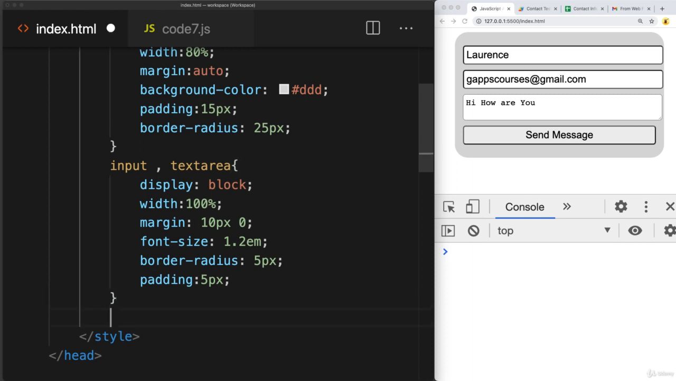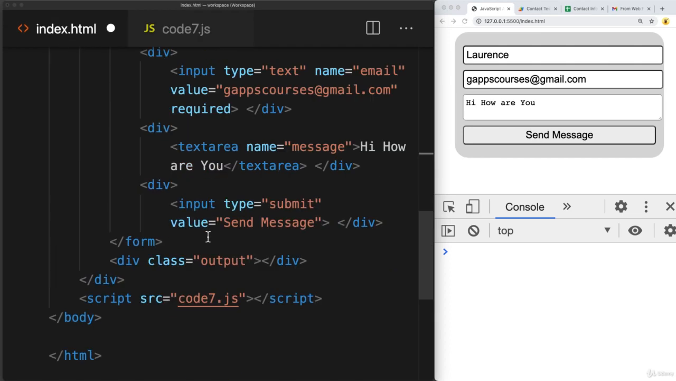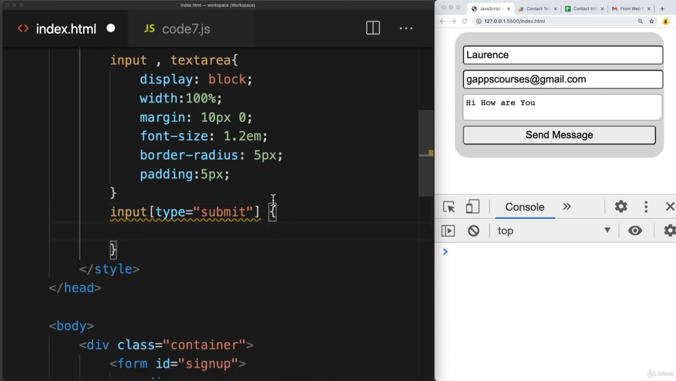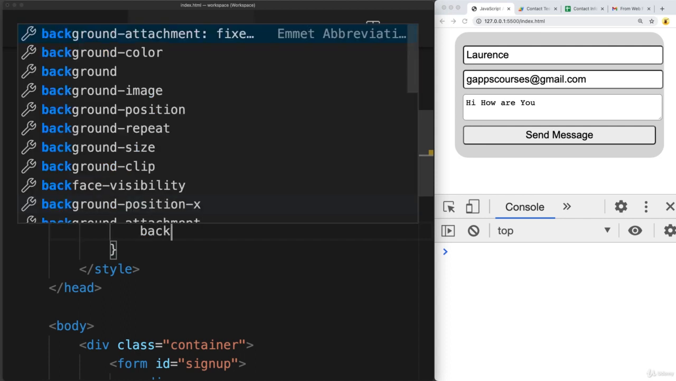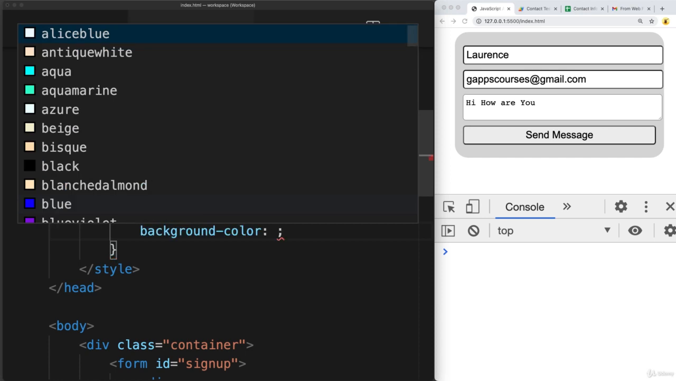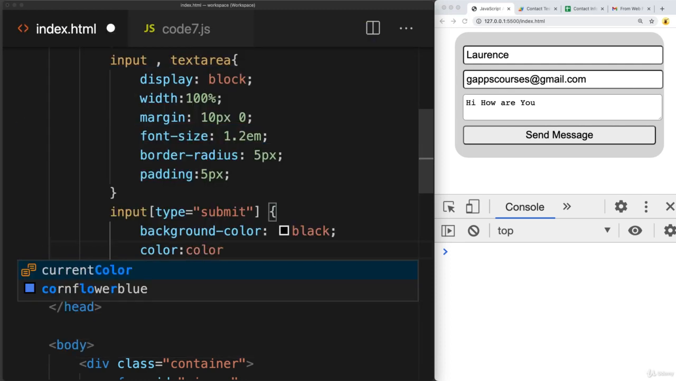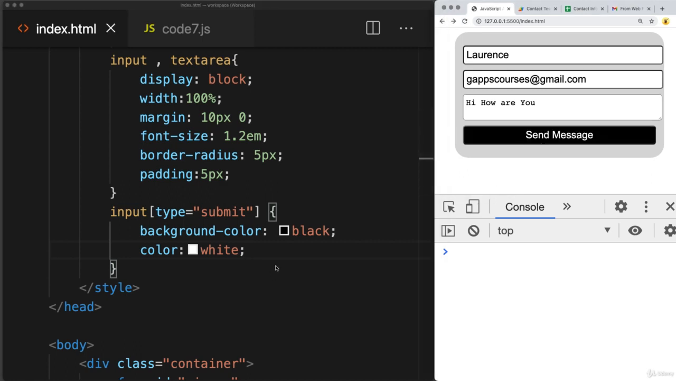For the button itself, and that actually is going to be input type button, so let's select the button directly. So that's input type submit, and you can always do a square bracket in order to do the selection, and you could also use this within the query selector. So this is selecting the button. So maybe add a background color, and I'll do a black and white type scheme and set the color to be white. So there's our send message button,